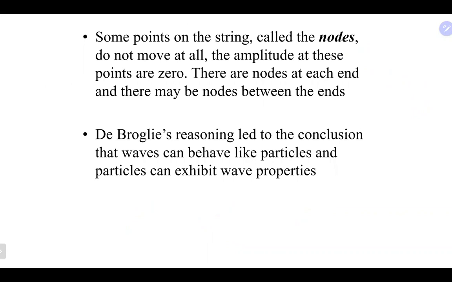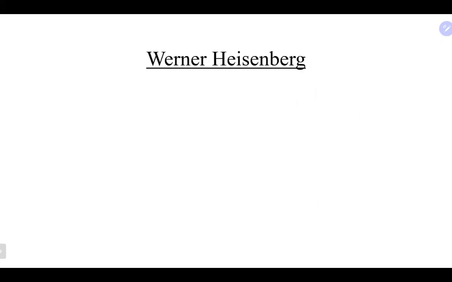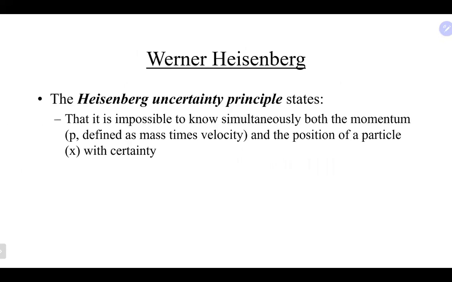Basically, the idea here was he reasoned that waves can behave like particles, and again, particles can exhibit wave-like functions, which is really moving us away from Bohr's model of the orbits and these nice pretty circles at which they are moving. A really big sort of move away from Bohr's idea came with Heisenberg and Heisenberg's uncertainty principle, which